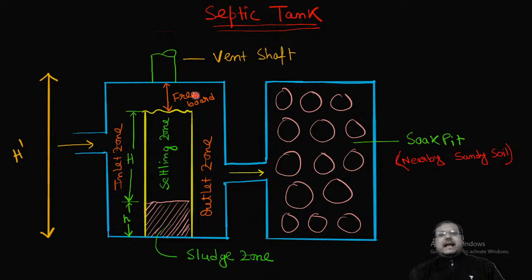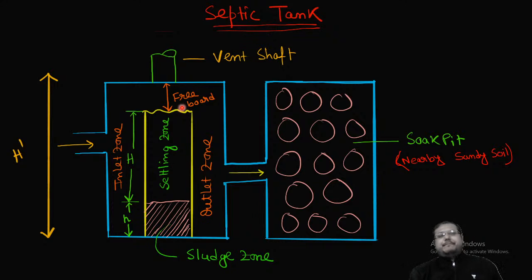To accommodate the accidental discharge or extra discharge। कभी कभार ऐसा होता है कि घर पे या कहीं पे मोहल्ले पे लोग ज्यादा आए हैं ड्यू टू सम फंक्शंस एंड ऑल, so eventually there will be higher amount of discharge than the usual thing। So ये freeboard is actually to keep that accidental discharge in the septic tank। ये जो freeboard का डेप्थ होता है, इसका कोई फिक्स्ड डेप्थ नहीं होता है, it depends on the person who is constructing it। अगर उसके पास जगह है, उसके पास पैसा है, तो वो ज्यादा स्पेस देगा।